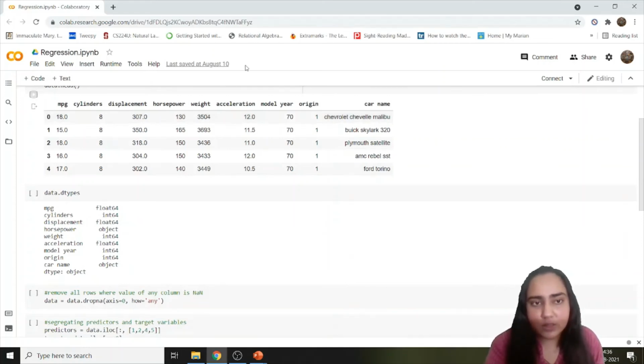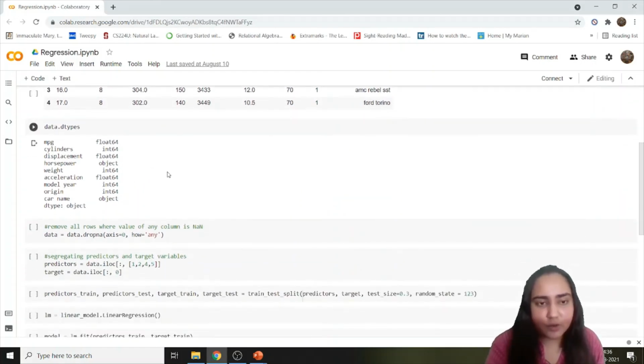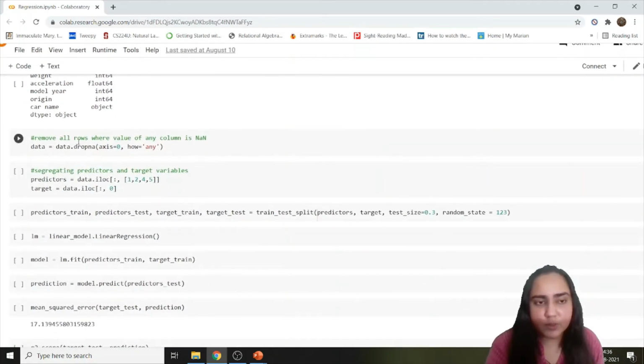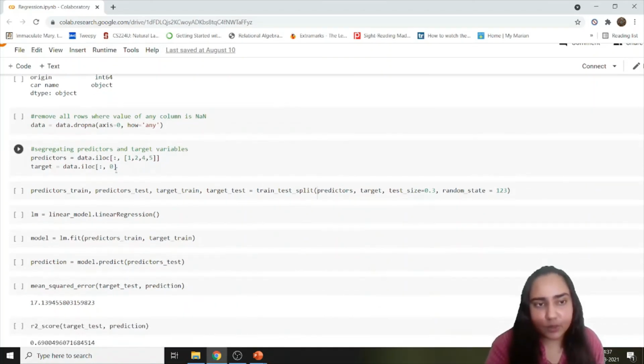So using all these parameters, we can predict the miles per gallon. For the purpose of this exercise, there's also one extra function here, which is dropna, which means wherever you have some empty rows or columns, you will be dropping those. You will be dropping the rows which do not have any values.